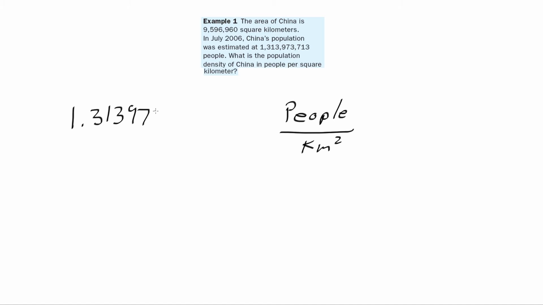1.313973713 times 10 to the, however, how many decimal places did I have to move this to get it from the end of the original one to where it is here? Well, I had to move 1, 2, 3, 4, 5, 6, 7, 8, 9. I had to move 9 positions, so that's 10 to the 9th power that would move it back where it belongs. So this is in scientific notation for the number of people. The area of China is in square kilometers, and that's